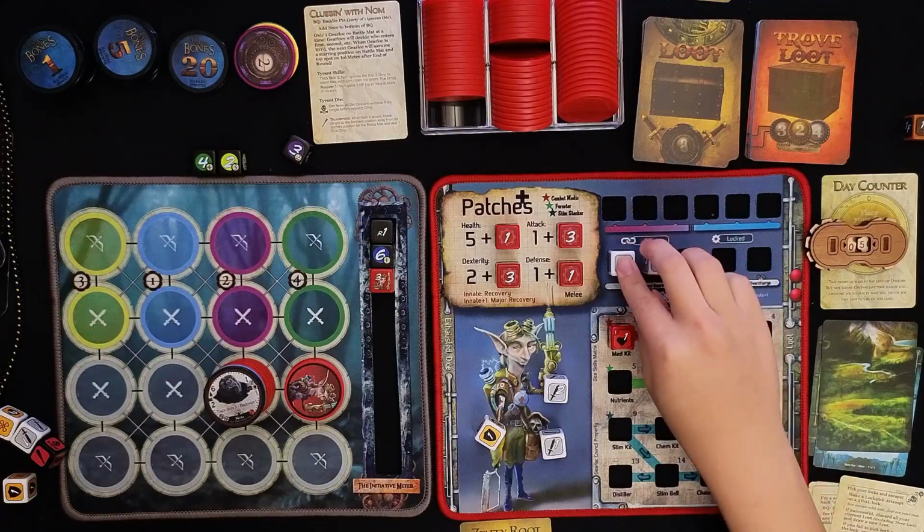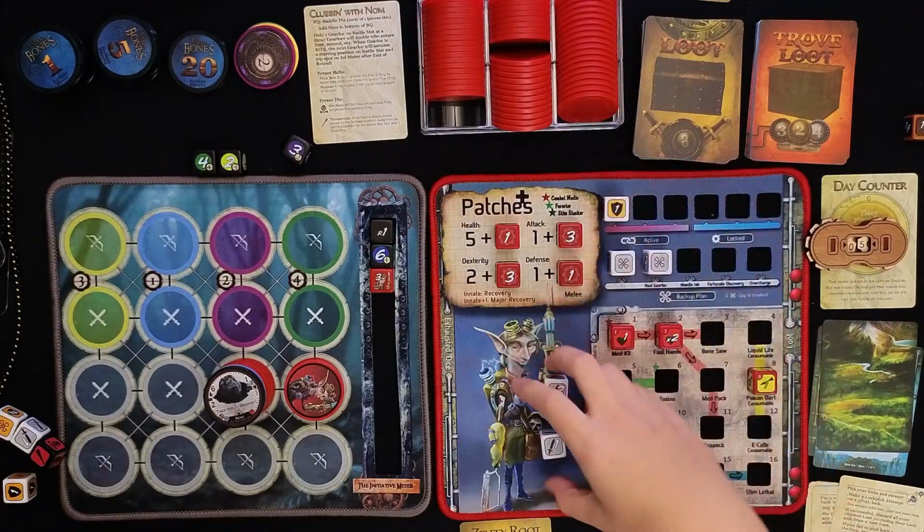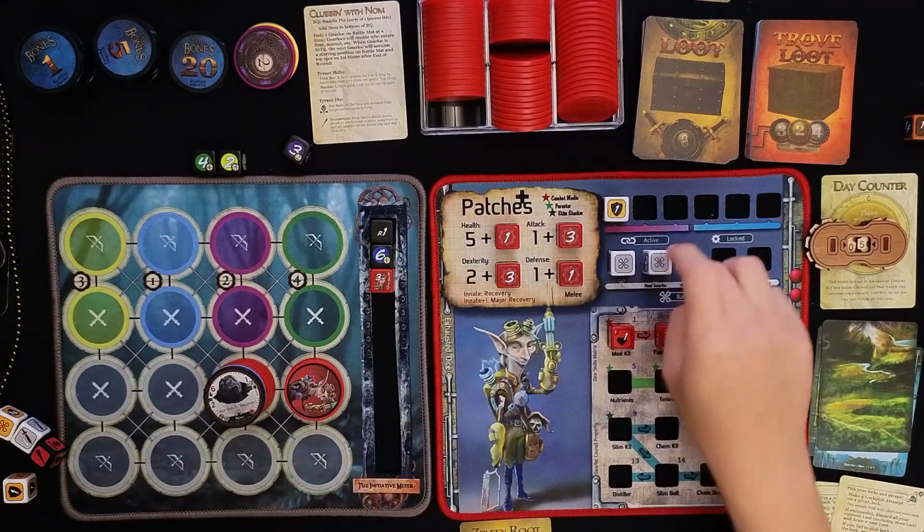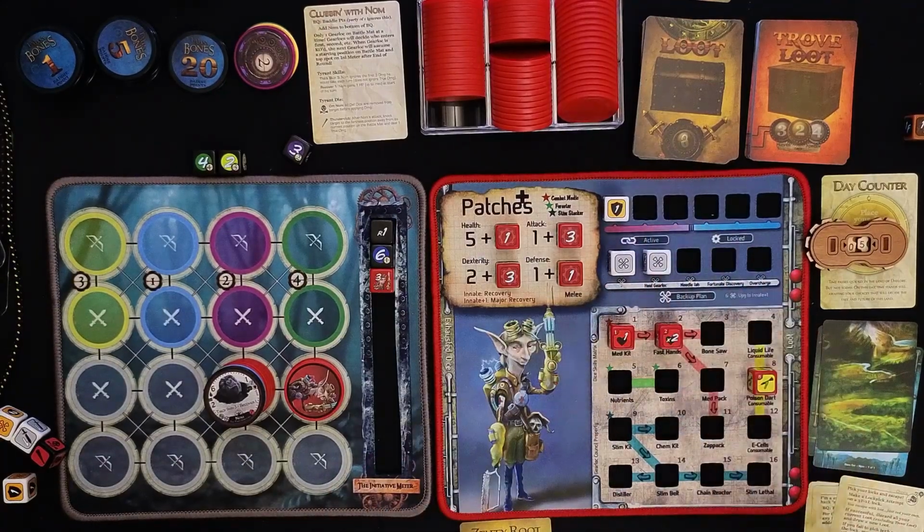I rolled 2 bones, a shield, and did 3 damage, which is ignored by Thick Skin. It's unfortunate. I'm going to heal. I think I could use my backup plan anytime, if I remember correctly. So my backup plan says...